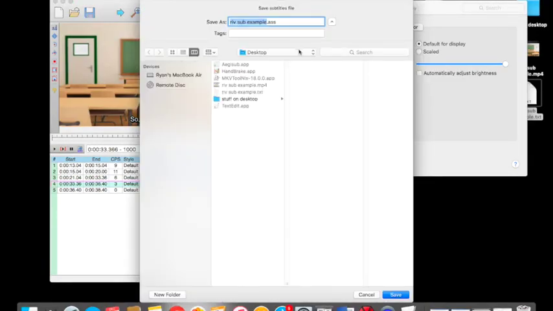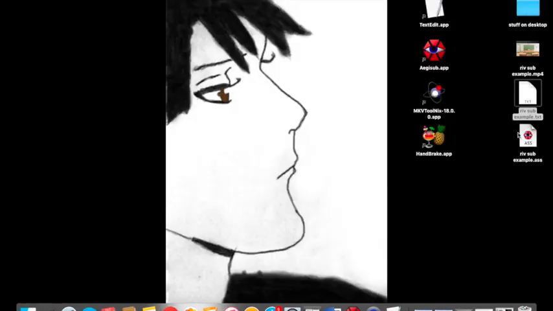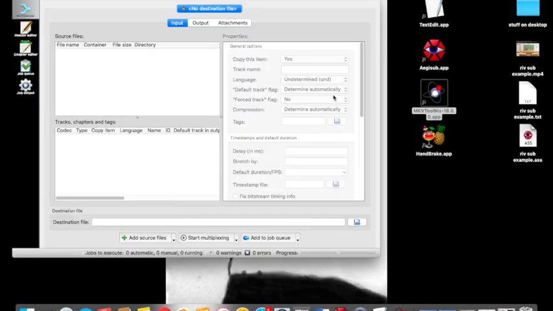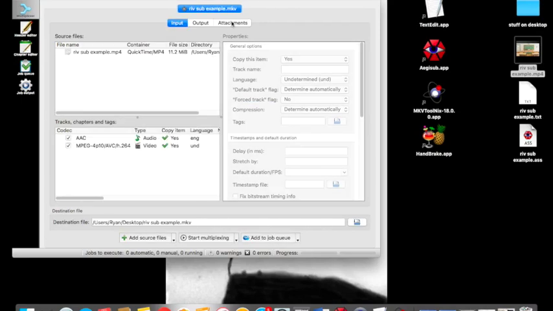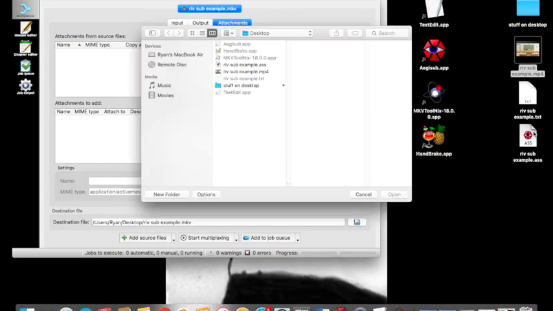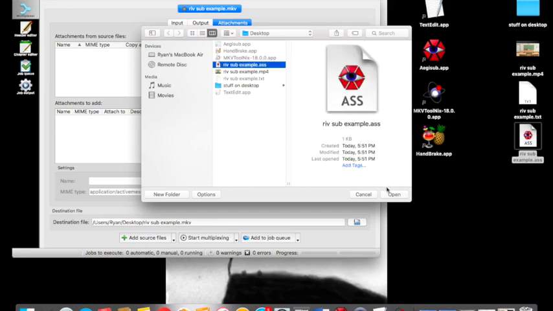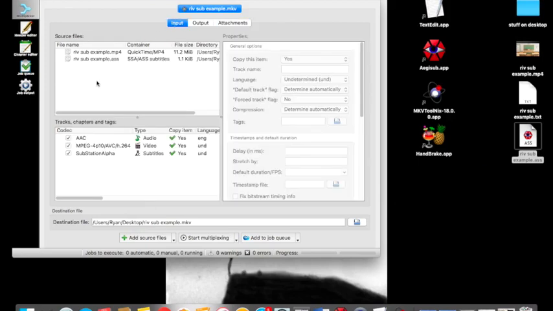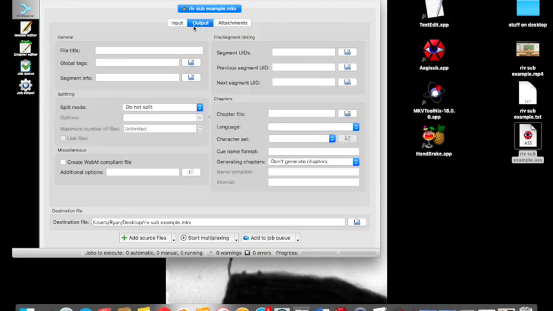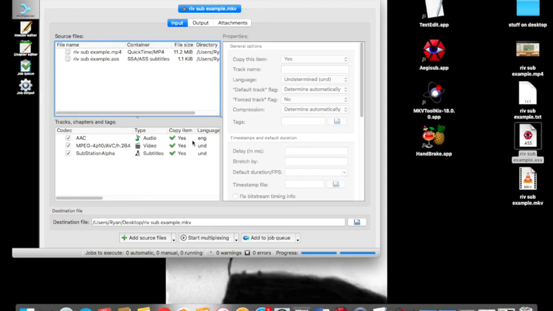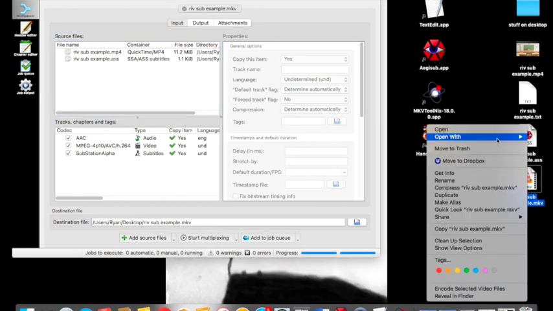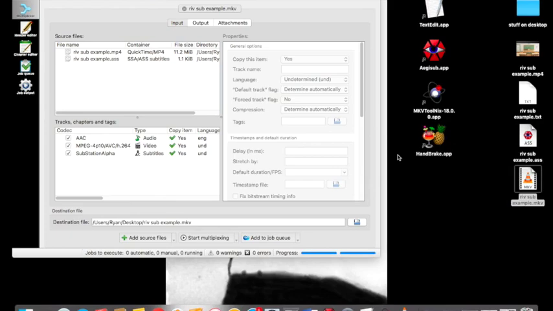Once you've done with that, save it as an AS file or a .as file. And the next thing you're going to want to do is open up MKV Toolnix. Then you're going to want to drag your completed video into the file directory, go to Attachments, add Source File, and add this file as an attachment. Now it's got its input, its output, it's all ready to go. Start multiplexing, and bam, you've got an MKV file. Now, to test that you've got your subs, open up VLC,